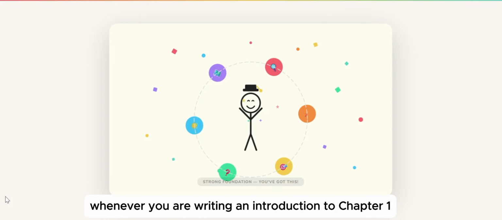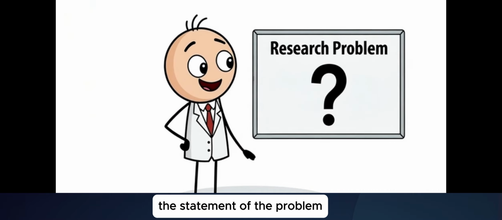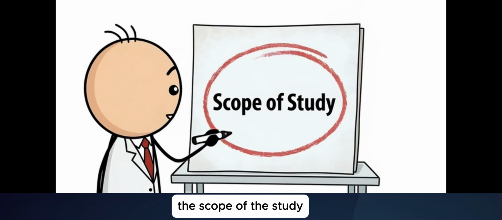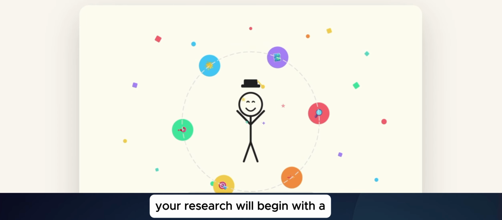So, whenever you are writing an introduction to chapter 1, remember to include these 6 key elements: the background of the study, the statement of the problem, your research objectives, the significance of the study, the scope of the study. And when these are clearly written, your research will begin with a strong and